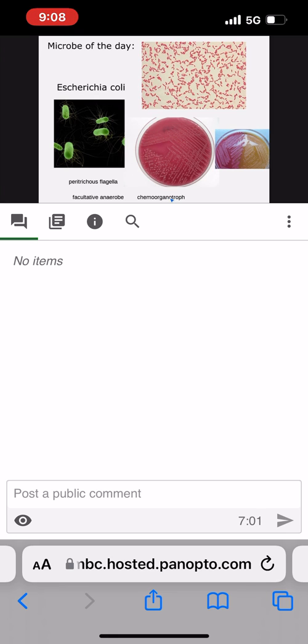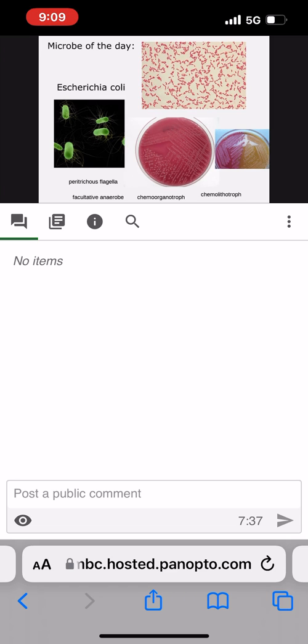Also, they derive their carbon from organic compounds. That's also really important. An organism that is a lithotroph is one that's going to be gaining its carbon and energy from inorganic compounds and not organic compounds. Okay. E. coli, on the other hand, is,